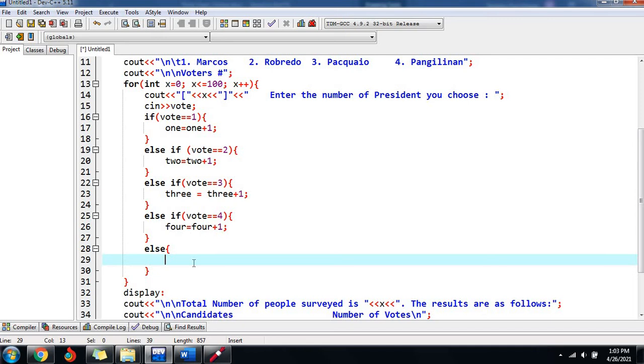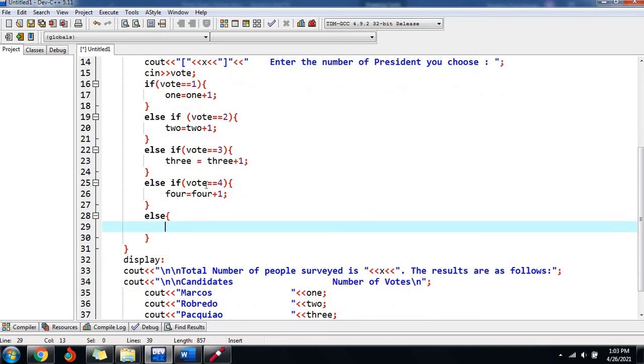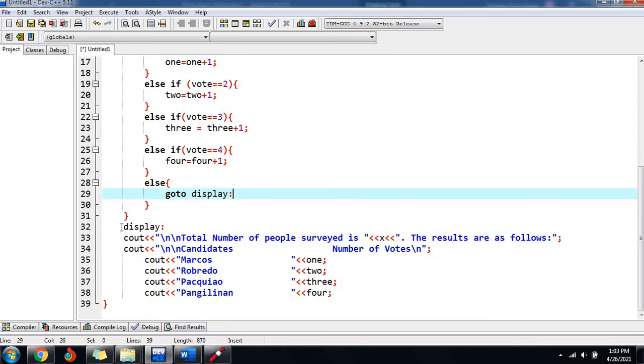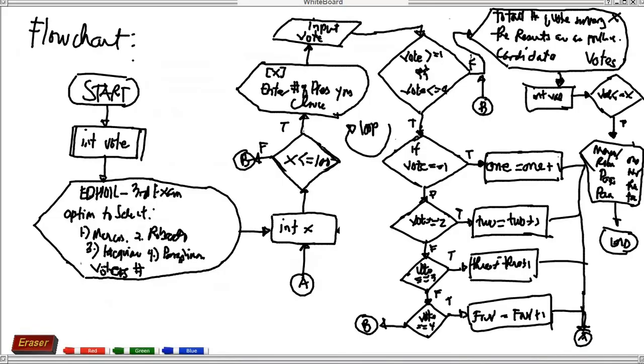Okay, then here, in case you enter a different value, you're just going to say go to display. So it will go to the label here, named display. Automatically it will display the results. Okay, again, correction, I was wrong in our flowchart. Kindly remove the looping portion here. Automatically